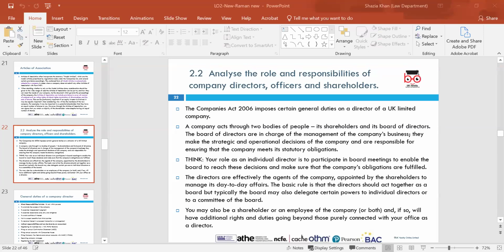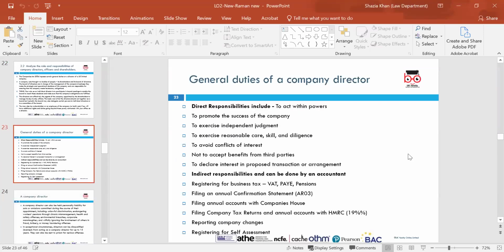Company directors. The directors are effectively the agents of the company appointed by the shareholders to manage its day-to-day affairs. And the basic rule is that the directors should act together as a board. So as a director, they have duties that they must follow, which are to promote the success of the company. They should act within the powers, so they must act